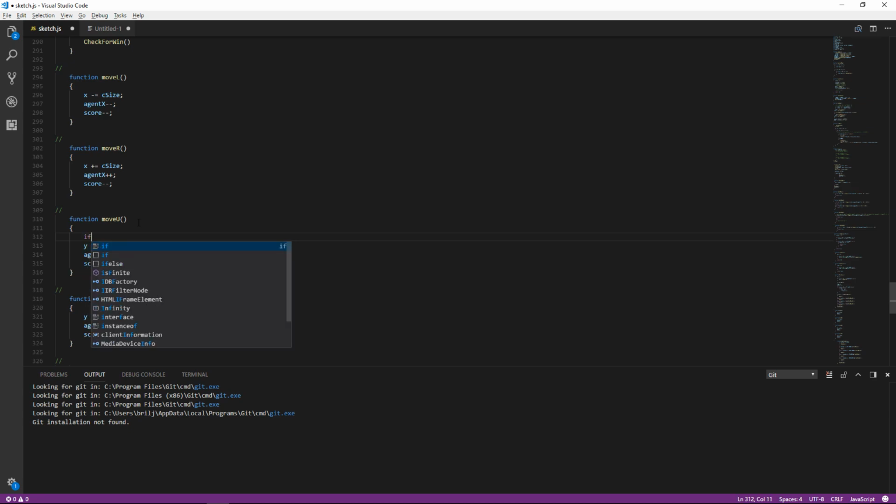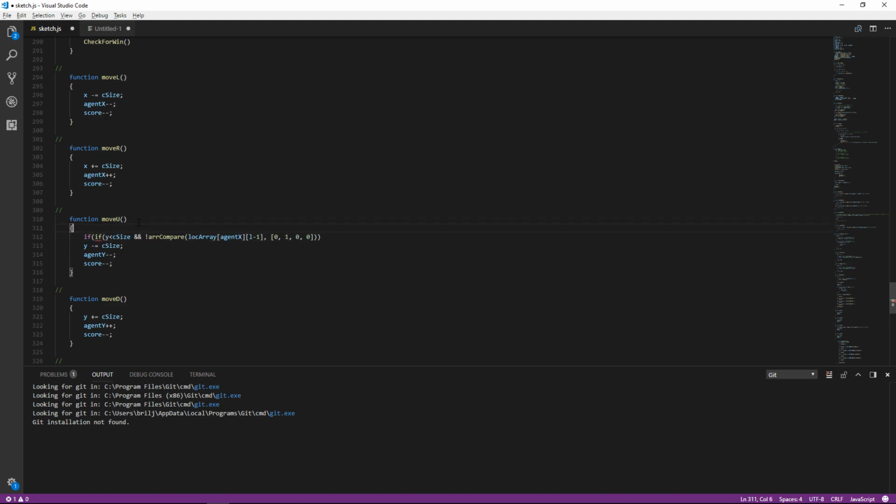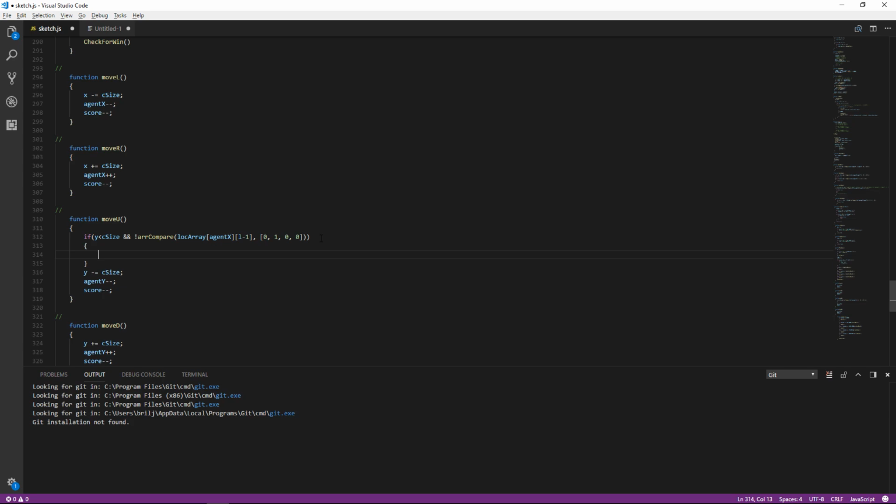But if, I guess I don't need two ifs. If this, checking if before, I already explained that. So we check for that spot to be free. If it is free, then y equals, or can we do y, I guess y plus equals C size times